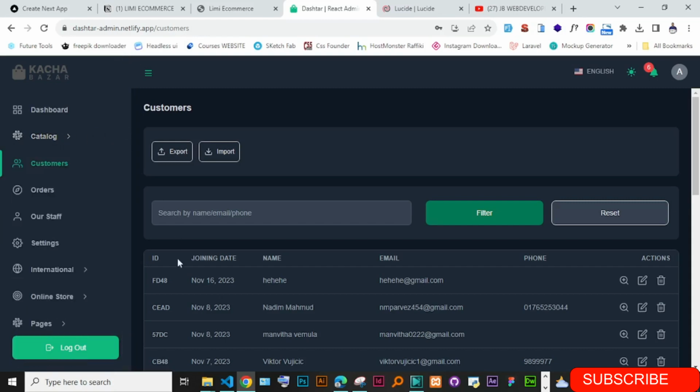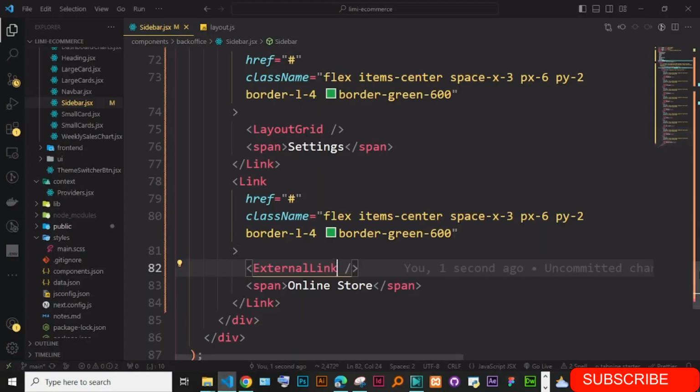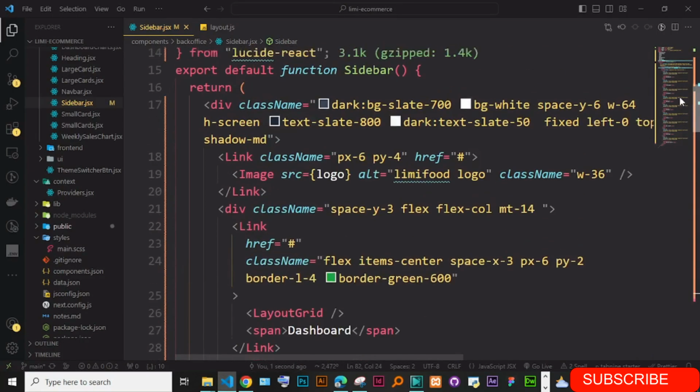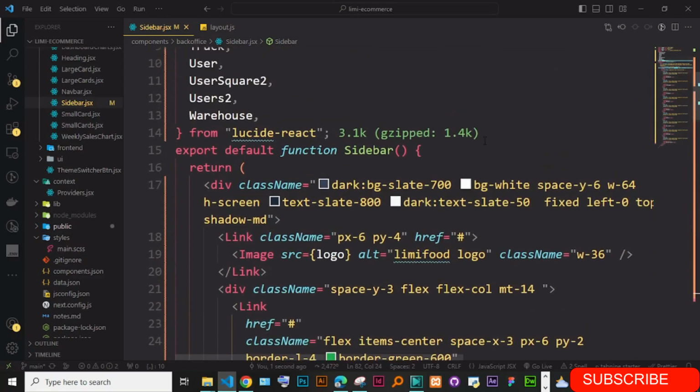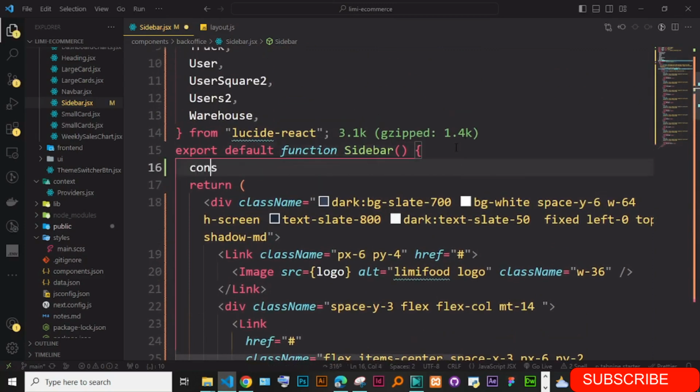Yep, I'm just going to map them. So I'm just going to say here, for a second, I'm just going to go on the sidebar, const sidebarLinks is equal to